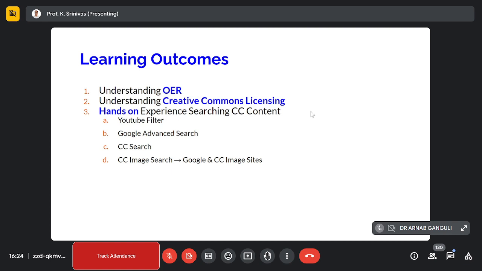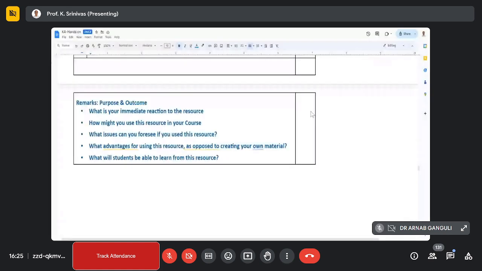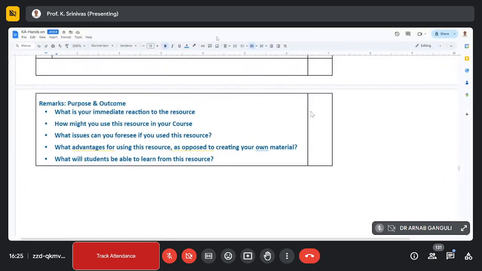Okay? And I'm going to show you one small activity on OER. आप बाद में भी कर लीजिएगा, आपके पास समय अभी तो पर्याप्त नहीं है. So मैं आपके लिए एक छोटा सा एक्टिविटी आपके स्क्रीन पे दे रहा हूं. This is the activity. So whenever you find any material,